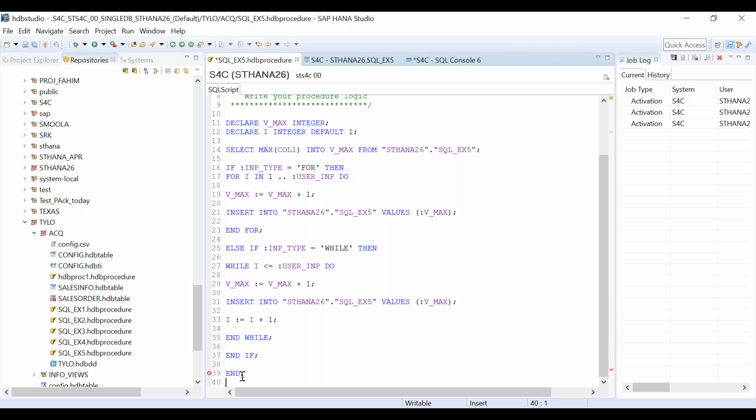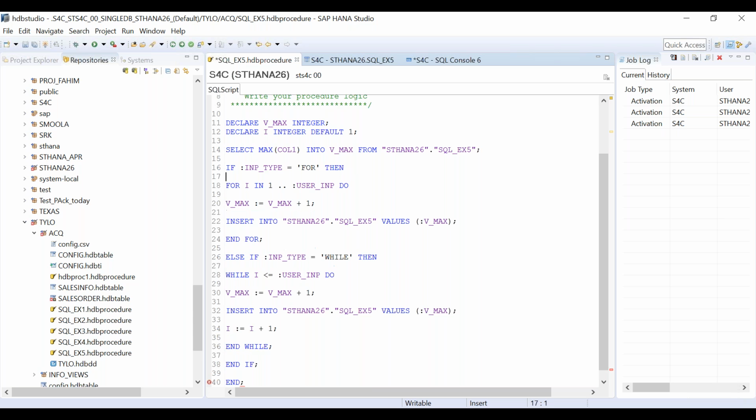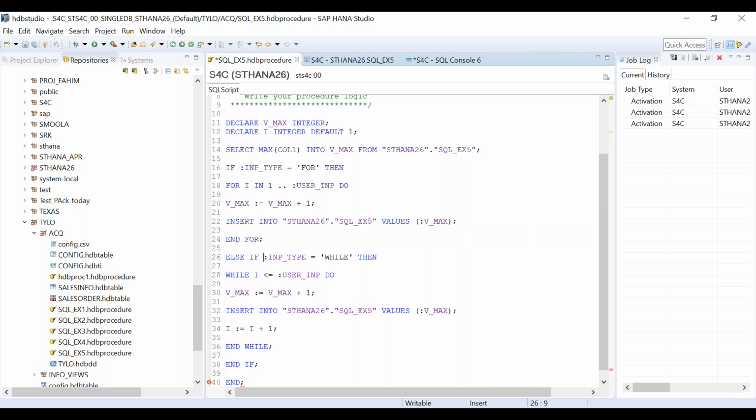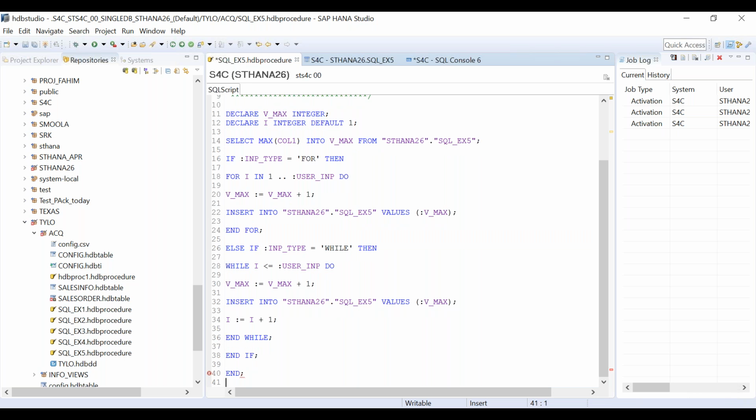What is the issue here? Some red marks are coming. Somewhere it is missing. Where is it missing? And if. For and for it is done. Else if is also done. While and if. Why is it giving an error?